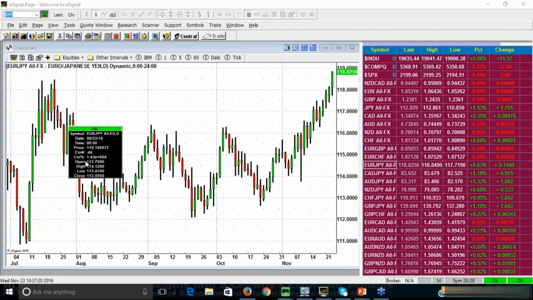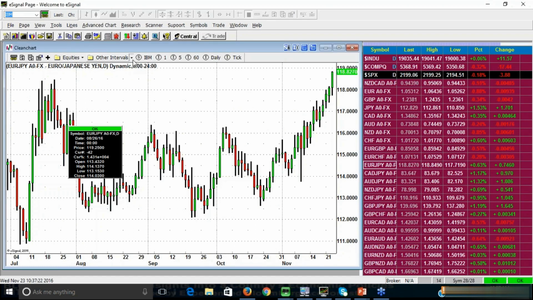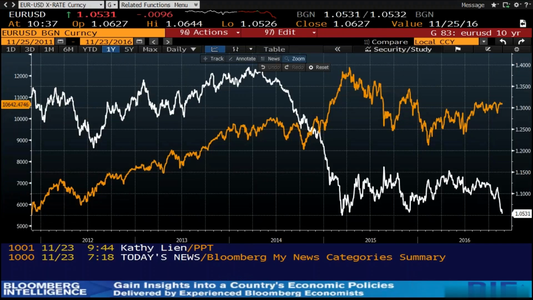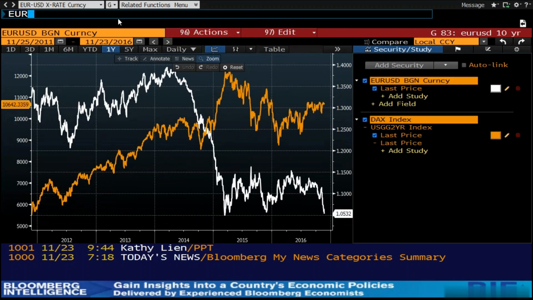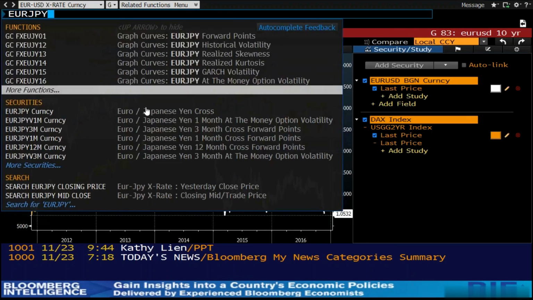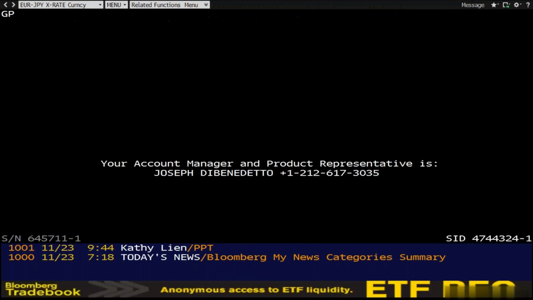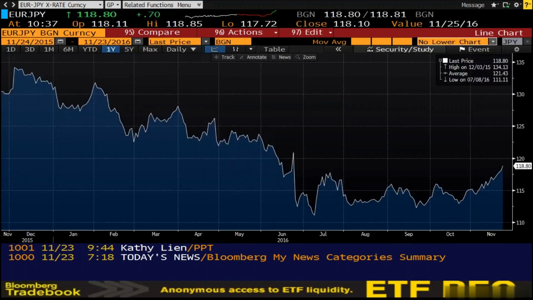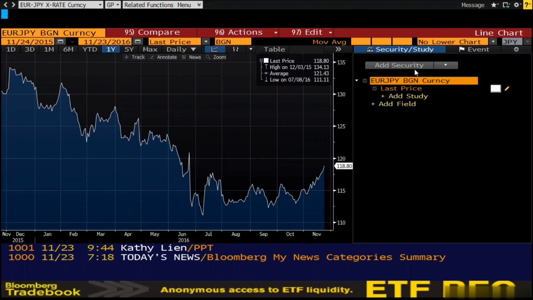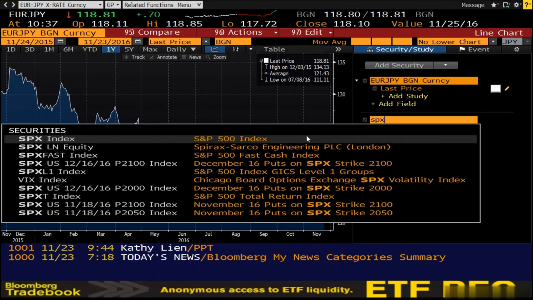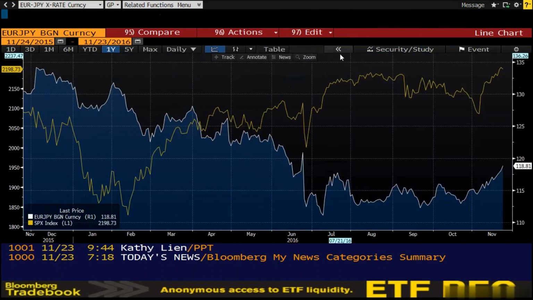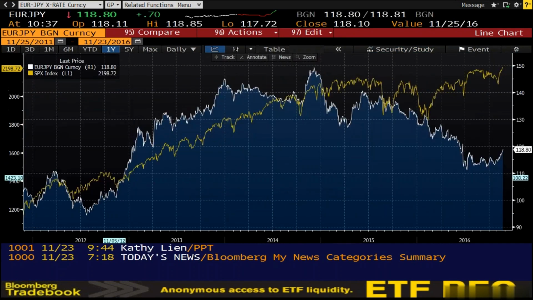Euro yen is a risk currency, usually very much sensitive to stock market performance. Let's see how it has correlated. Let's pull up Euro yen with the Dow. So this is Euro yen. Let's do the S&P, U.S. stock market index. So if we go to a 5-year chart, you'll see there's a very strong historical correlation with